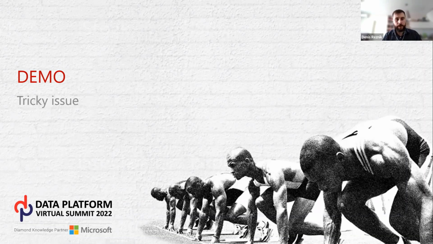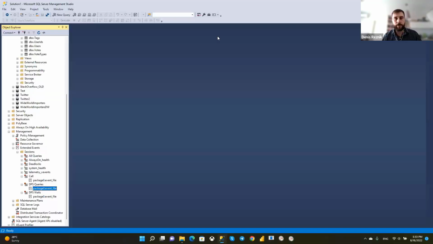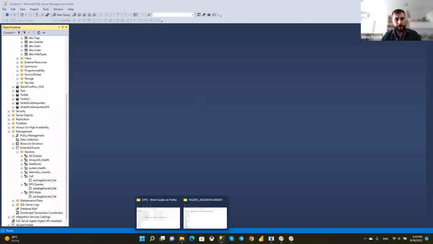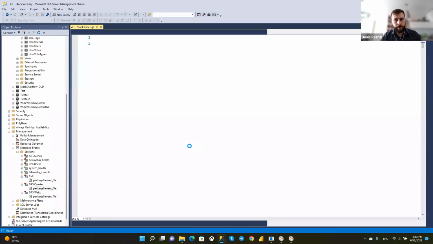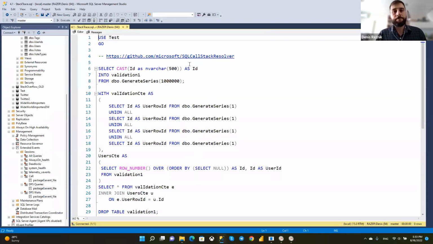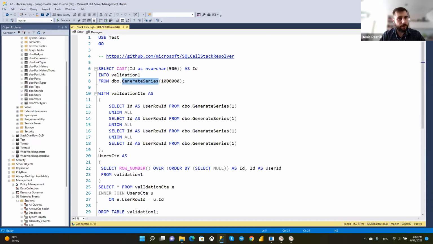Okay, now we go into a tricky issue. I have some artificial database test, and this case is real. It happened after upgrading to SQL Server 2019. So there is a function generate series in the database test.